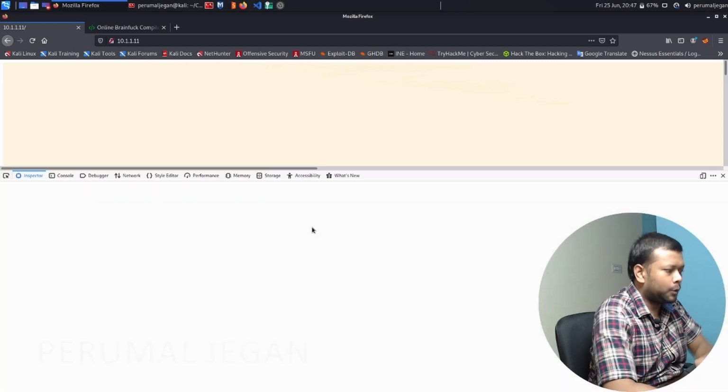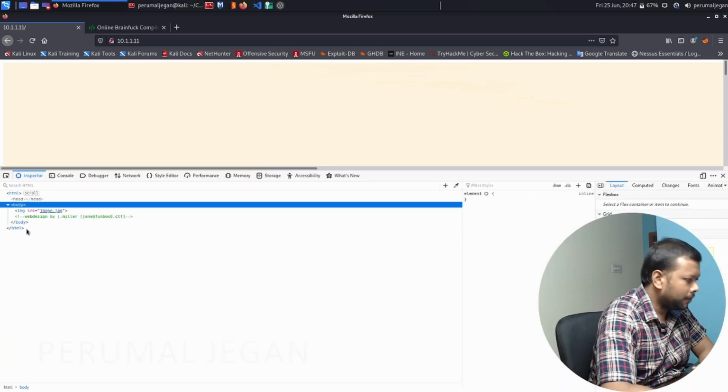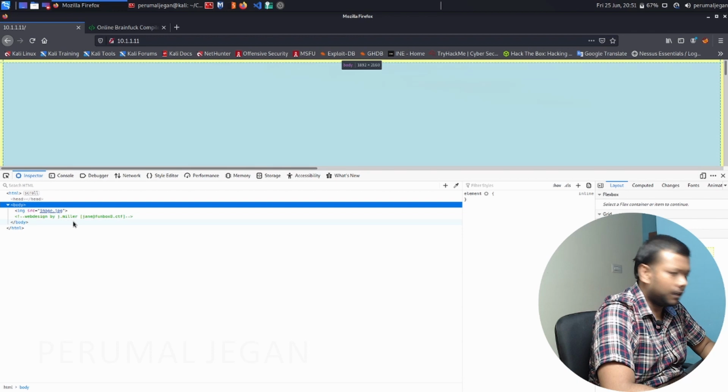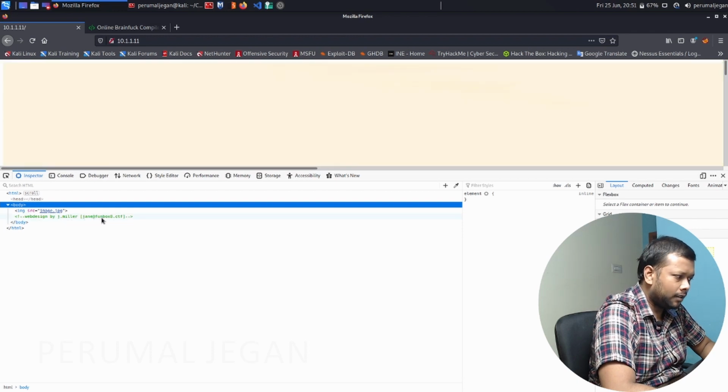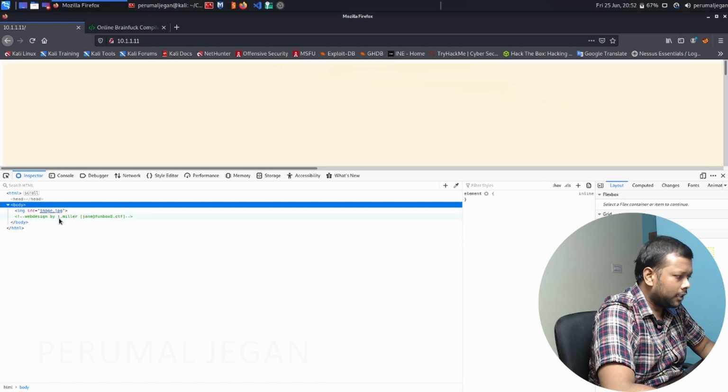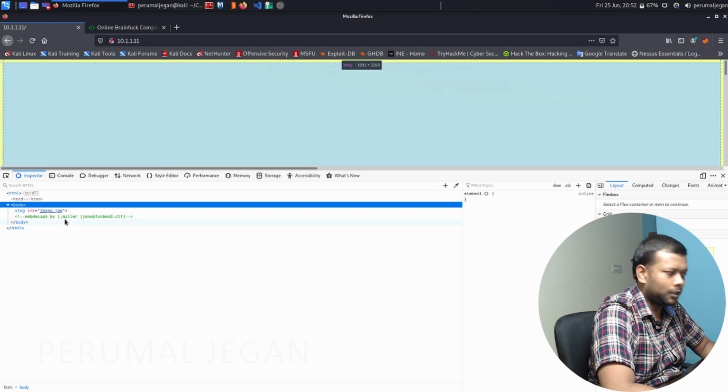Pressing F12 once again to inspect the page elements. In the page I don't see anything. The username is j.miller and the email is jane@funbox8.ctf. The name may be Jane Miller. So far we logged in to our FTP using anonymous credentials, but it is possible to grab the credentials of the user Jane Miller.